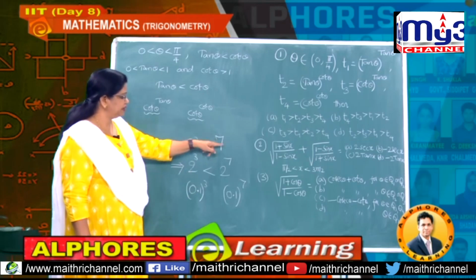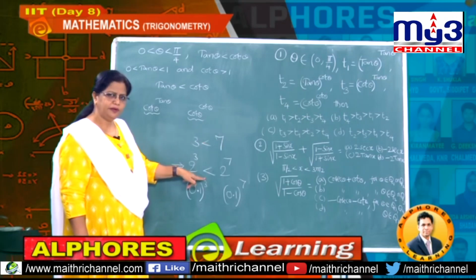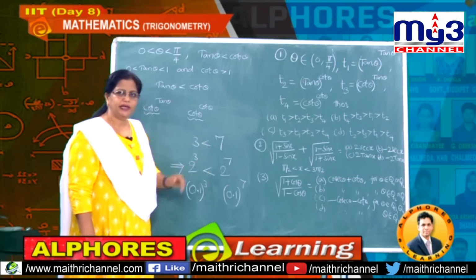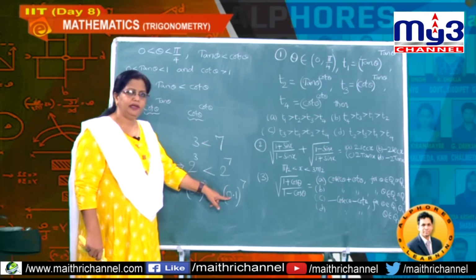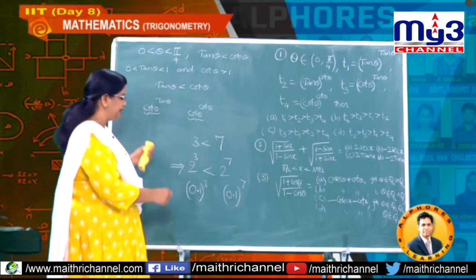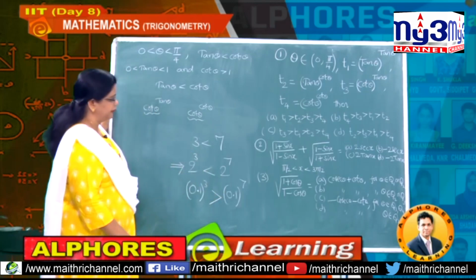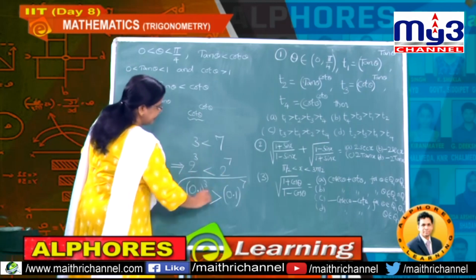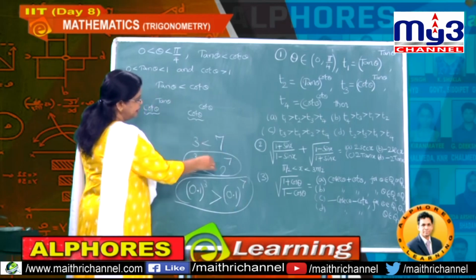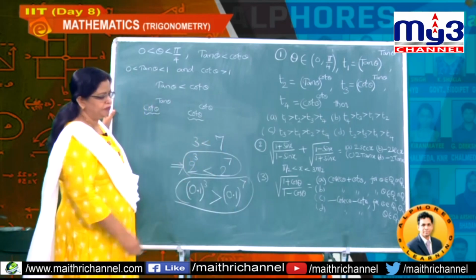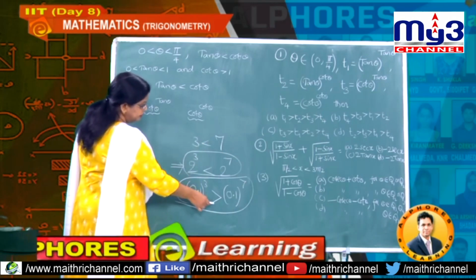Now here 3 is less than 7, and we observed the base is more than 1, so the same inequality you got. Now here it is a number less than 1, you can observe 0.001 you will get, and here the 7 power value you will obtain. That means this number is obviously greater. Therefore you observe this concept: when the base value is more than 1, the same inequality is maintained, and when the base value is less than 1, you have to reverse the inequality.